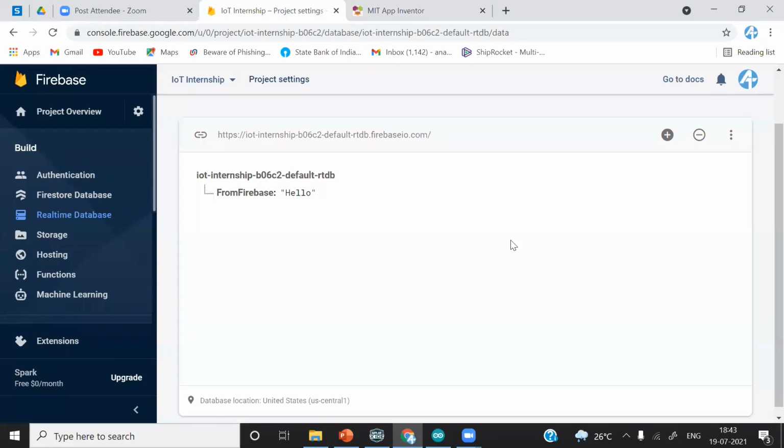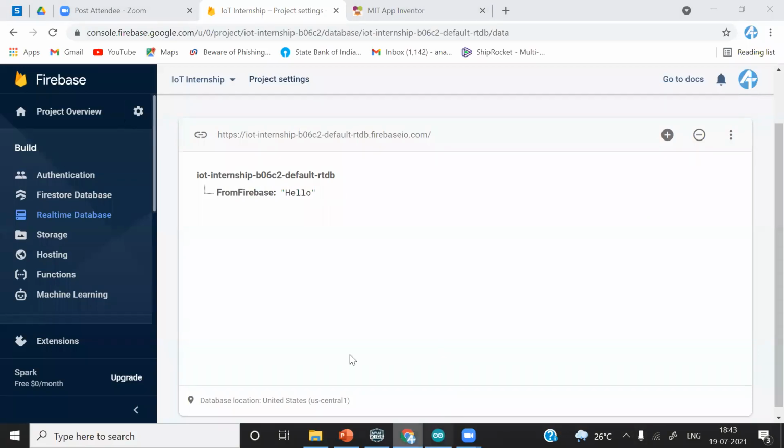Is it visible now? I think it is not visible, but it is showing hello on my smartphone. What I will do, I will just, yes, is it visible? Okay.